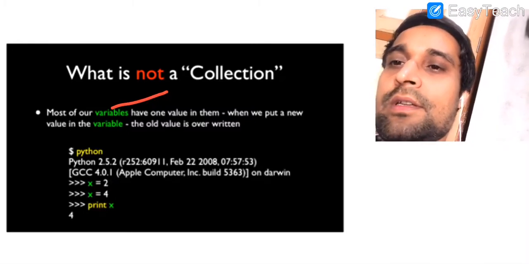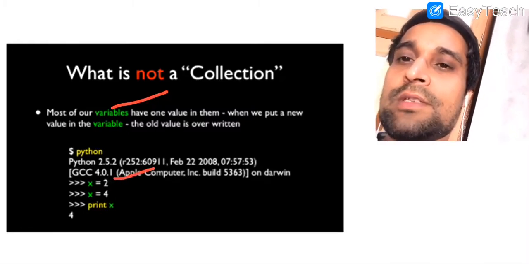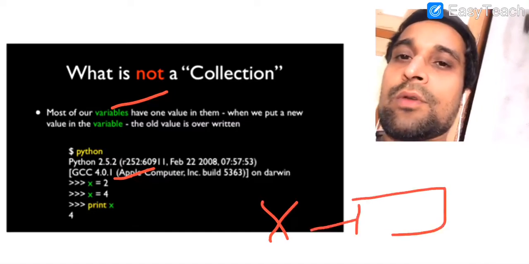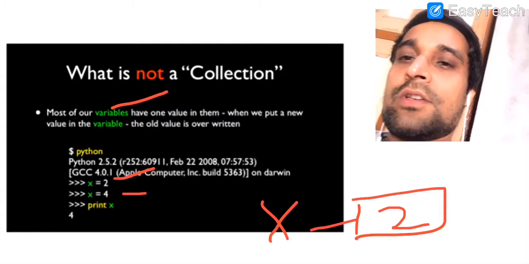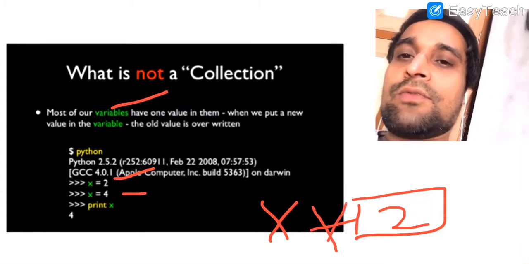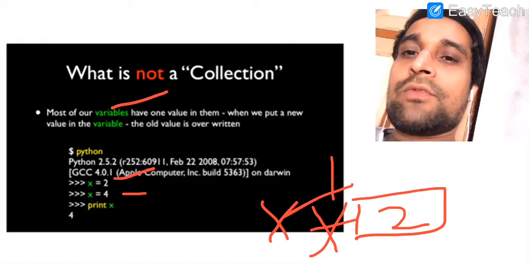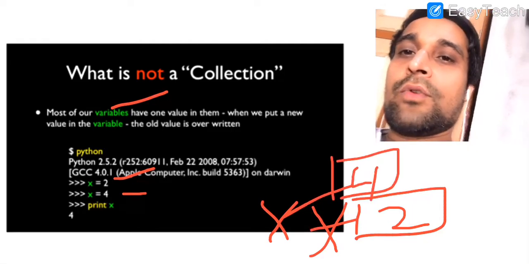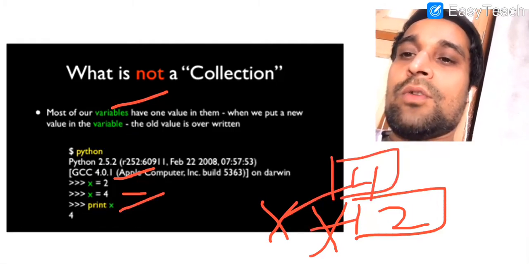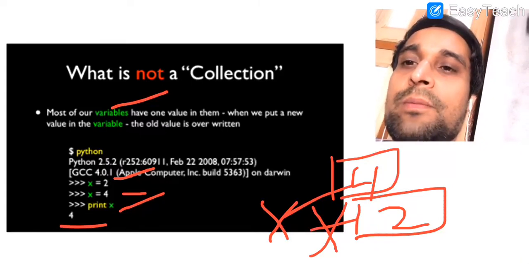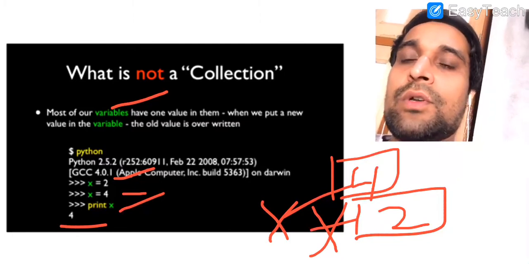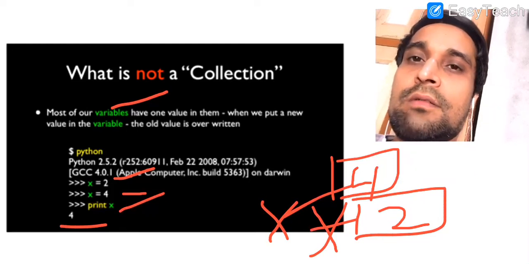Here you can see that we have written x is equal to 2, means x is a label that is pointing to the memory location where value 2 is saved. In the next statement we have written x is equal to 4. Now this reference will be deleted or terminated. x will point to a new memory location where value 4 is saved. When we print the value of x, it will print 4. It means a variable can hold a single value at a particular instance, and if you want to save a number of values, then you need to either create a number of variables or you can create a list.